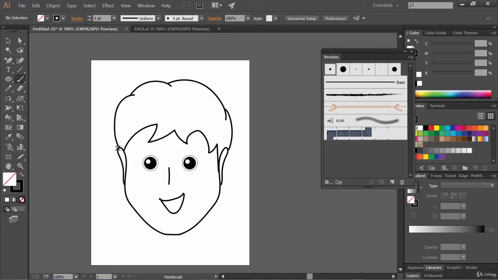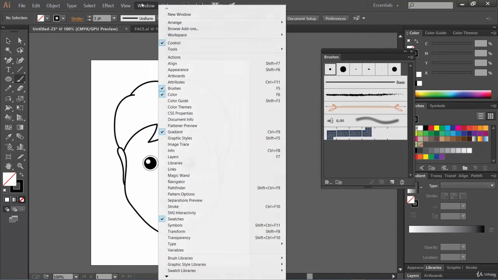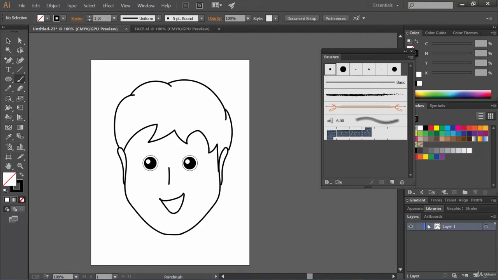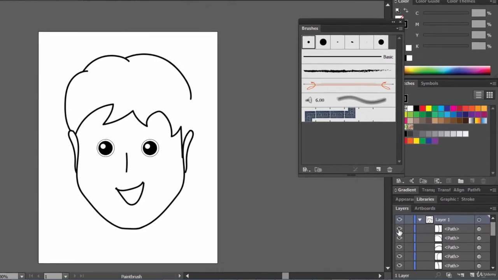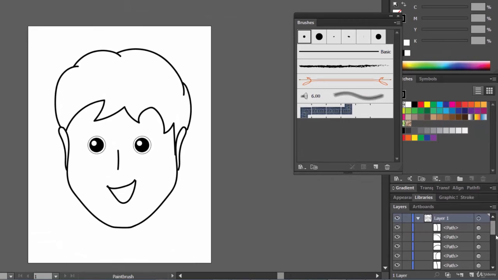Let me go to the Window menu and make sure the Layers panel is checked. This is the one. For now we will just hide this one, this one, this one, and this one. Again, we will try to draw, right?